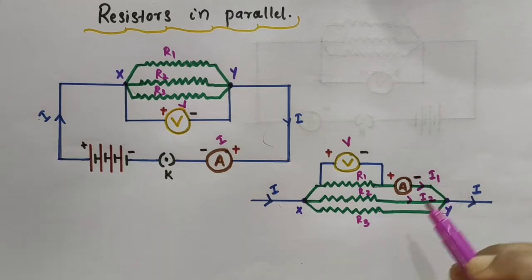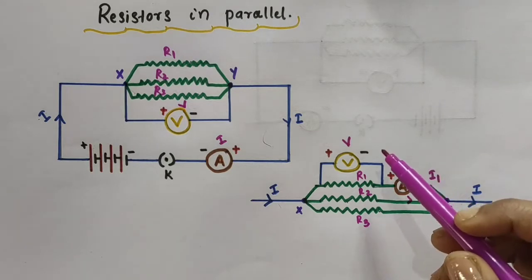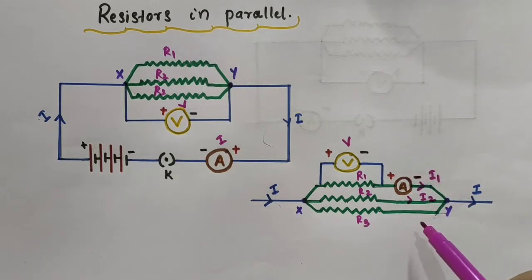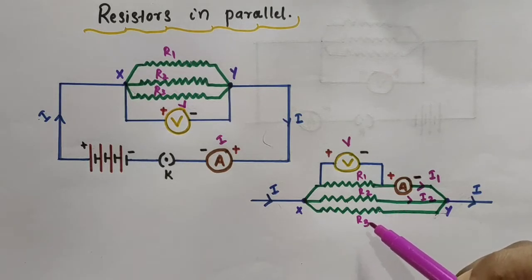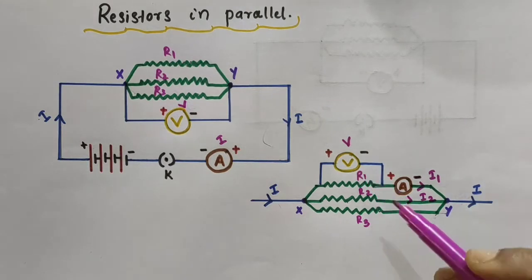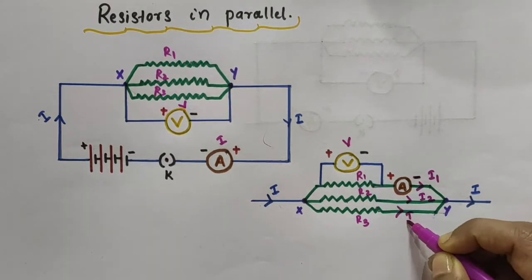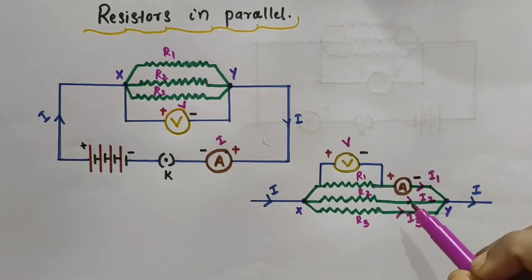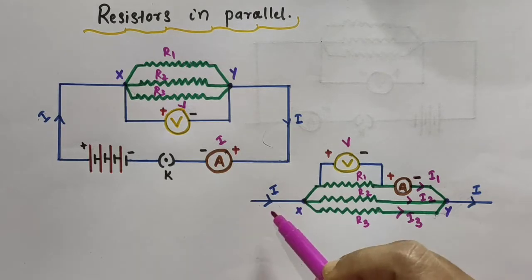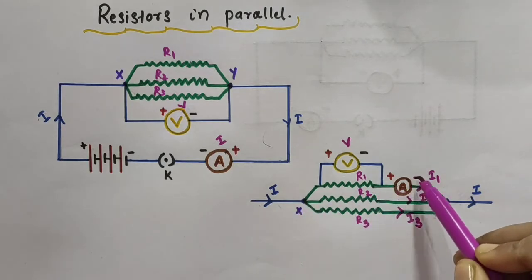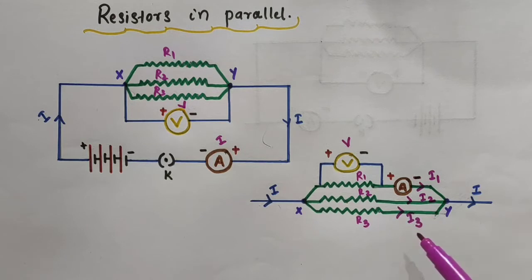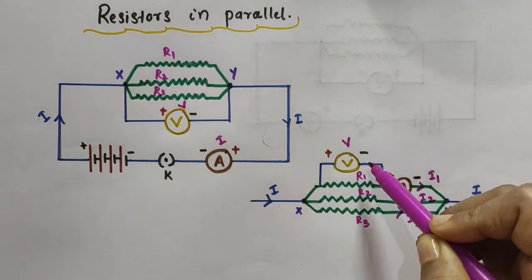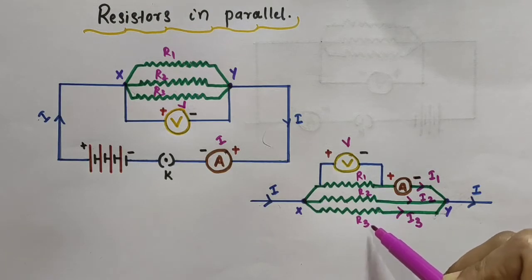Similarly again, after removing the ammeter and voltmeter from here, connect that ammeter in series with the resistor and the voltmeter across it. So as we said already, the potential difference across the third resistor will be V itself, and let the current flowing through the third resistor be I3. That is, in a parallel combination of resistors, the current I flowing from the source gets divided into I1, I2 and I3 amongst the three resistors R1, R2 and R3 respectively.